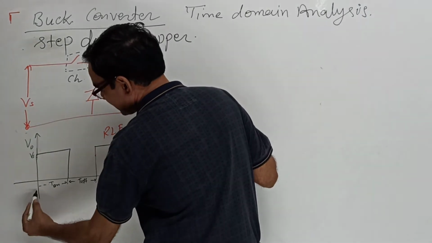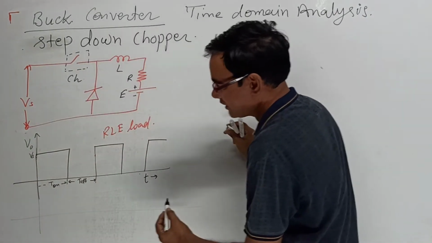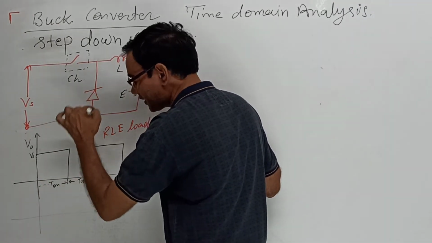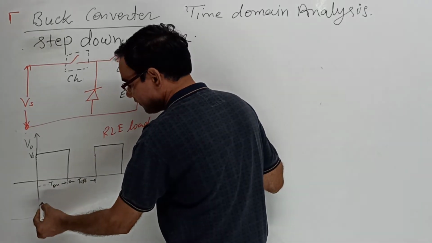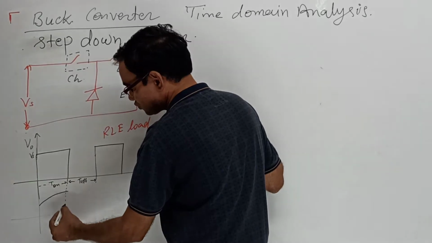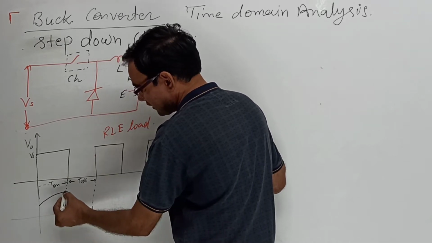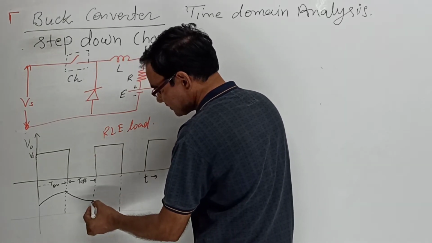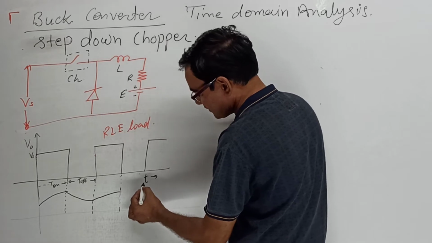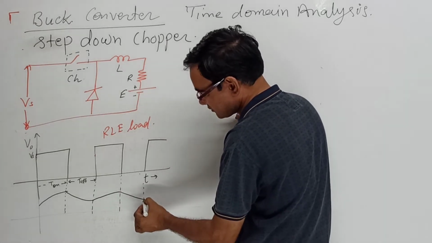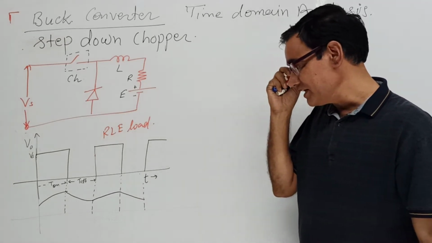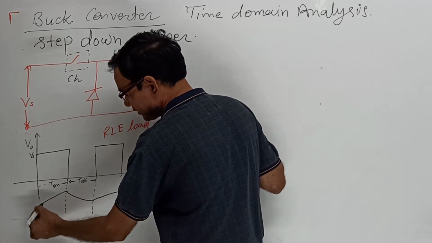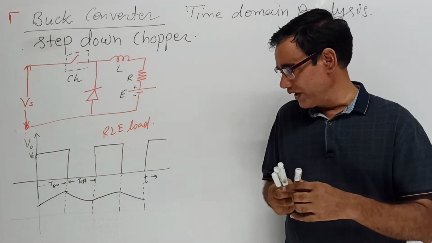Okay, the current waveform. When it is having the voltage, meaning the chopper is on, meaning the switch is on, the current increases till this point, and then when off, the current decreases, then on, the current definitely increases, then off, the current decreases. So this is the variation in the current. It varies between two values.